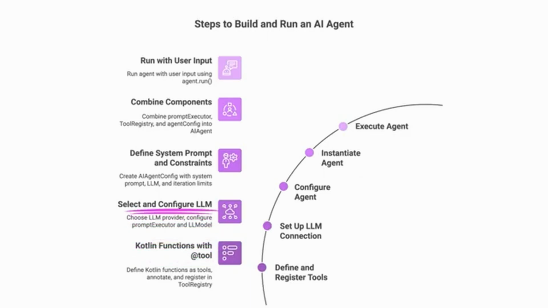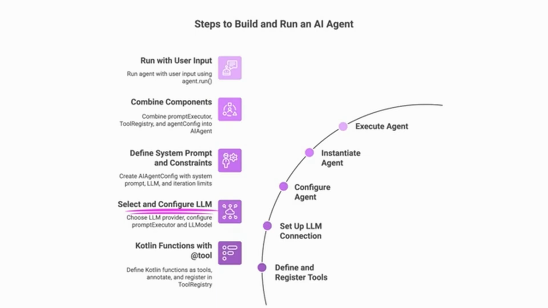Next step, set up LLM connection. Here, you choose which LLM you want to use. OpenAI, local model, Ollama, anything supported by Koog. You configure the model, tokens, temperature, and plug it into a prompt executor. At this point, the agent knows how to think, but it still doesn't know who it is or what it's